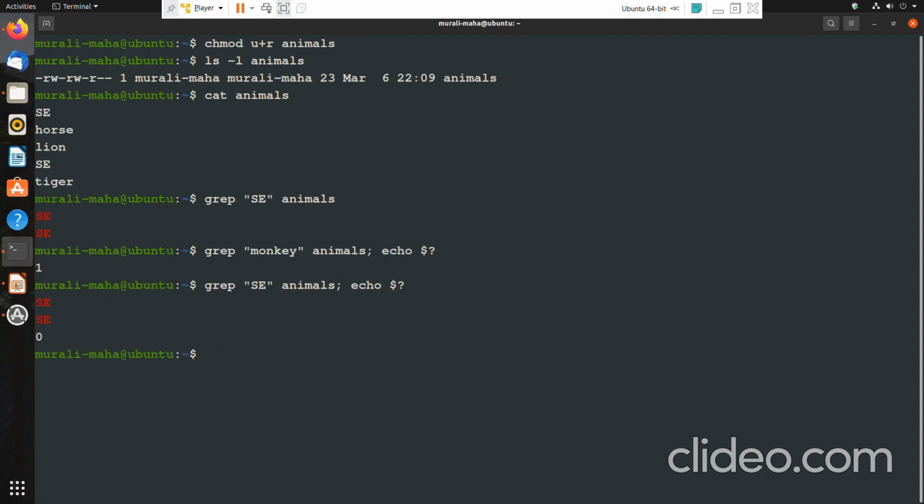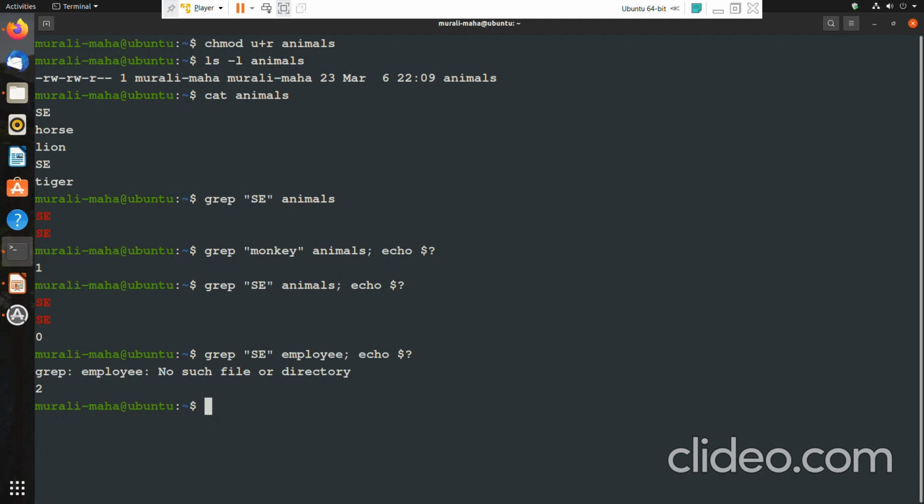Let us suppose that I am trying to grep for something in a non-existing file. Employee.data is existing, but just employee is not existing, I believe. Echo $?. Yes. So if grep has failed because the pattern is not found in the file, it returns a value 1, unsuccessful value 1. But if grep has failed because the file doesn't exist, then it returns the value 2. I told you, any value in the range between 1 and 255, right? So 2 it returns. Okay, fine.